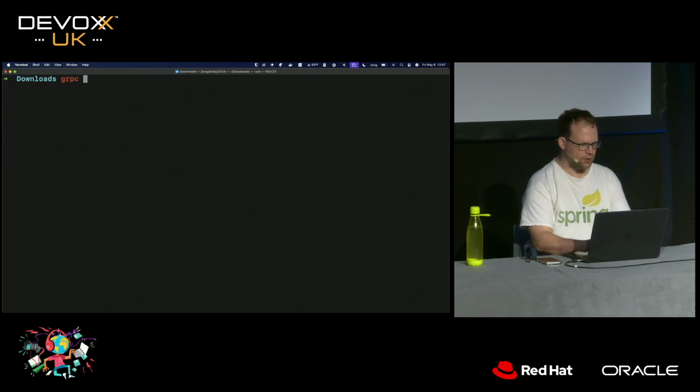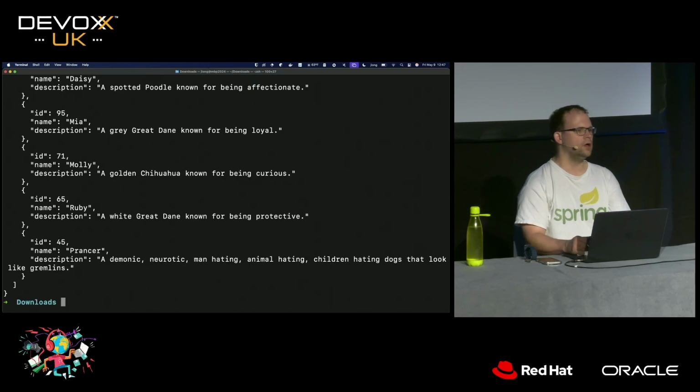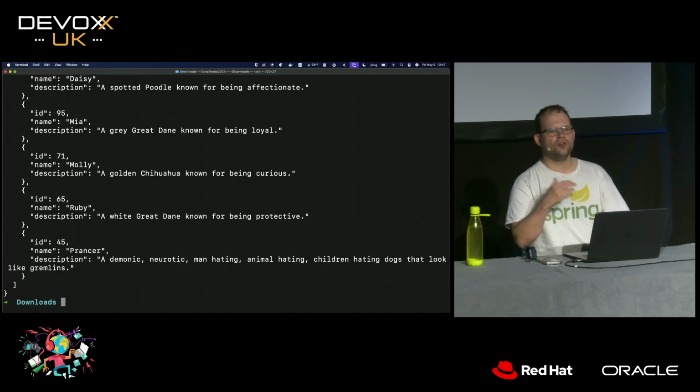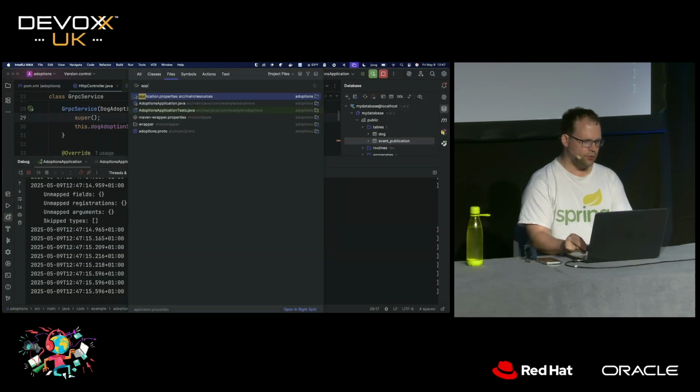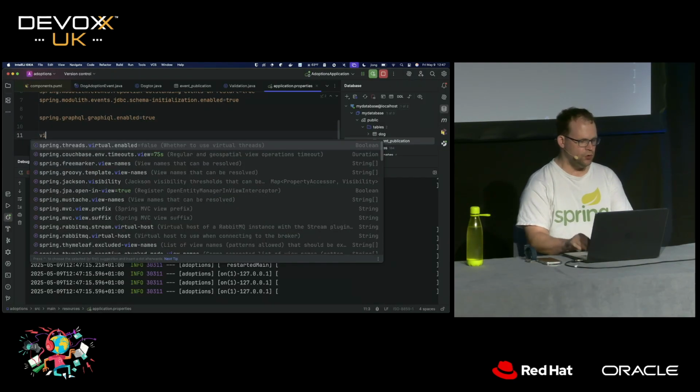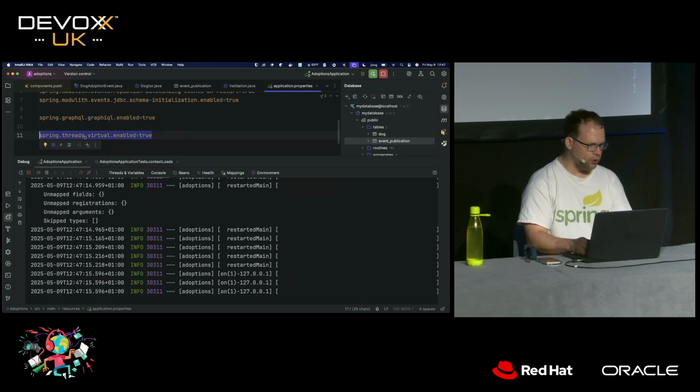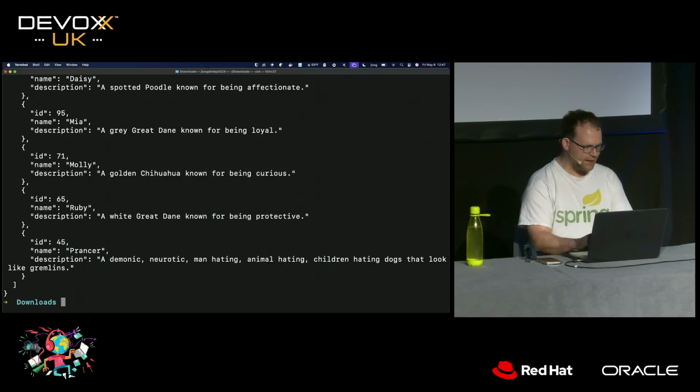So we can use a nice command line tool called grpcurl, plain text, pointing it to localhost 8080 /adoptions/all, and there's our gRPC endpoint. So we've got a modular, well-designed code base that we can actually take to production. Obviously, we want to focus on that. Let me make this use virtual threads so you get non-blocking I/O for free. And then we're going to compile it into a native image.